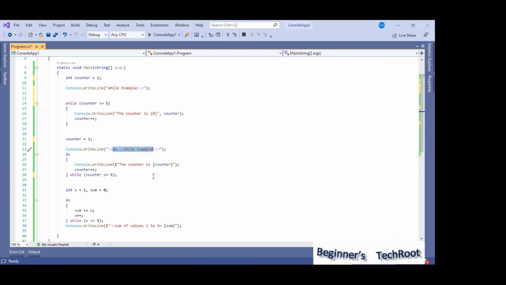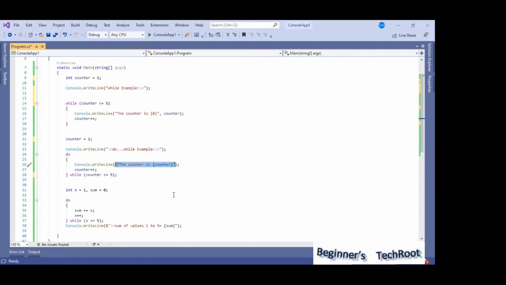Here before also I am making one new line, and after also I am making one new line, so that the previous example text and the next example text have a space in between. Then again counter WriteLine, counter plus plus, and the while condition less than or equal to 5. The condition I am using at the end. And here I have used a different way of outputting on the screen, with the placeholder for the variables.